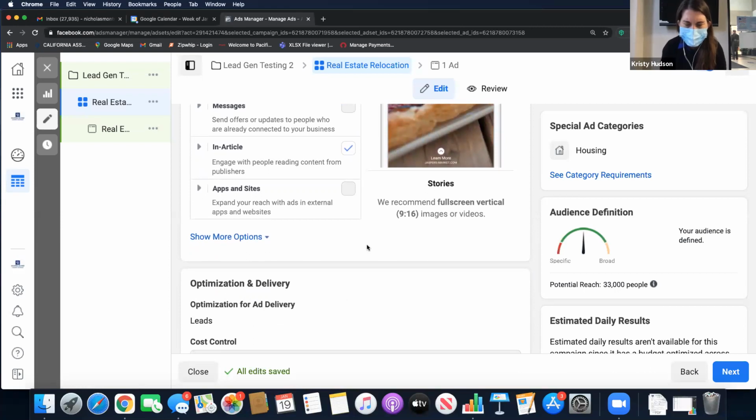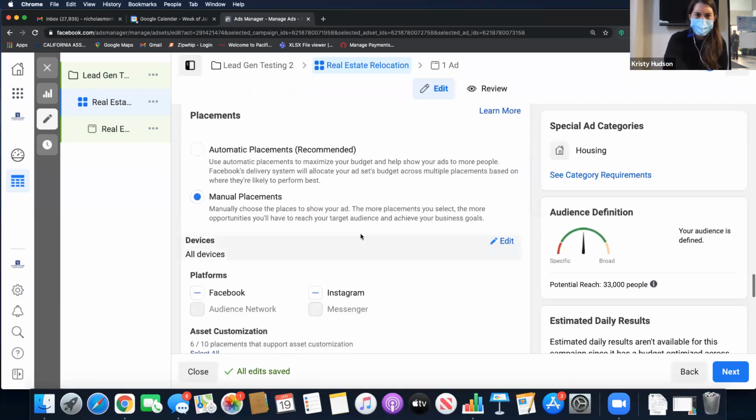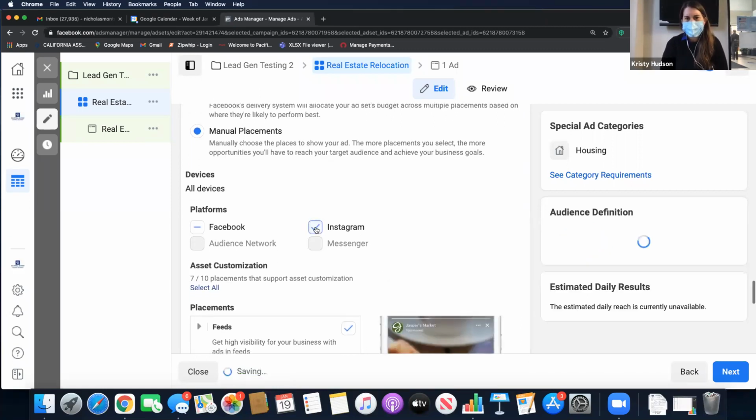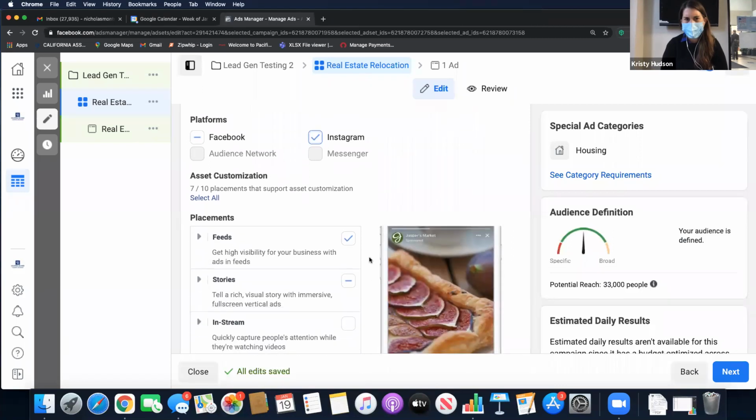I do have a question, Nick. So the part where you were saying automatic placements versus manual, can you go back down again? If you hit Instagram, let's just say, they're not going to be reaching out to you through Instagram. You have to fill out the form, and it's still going to redirect through Facebook, right?